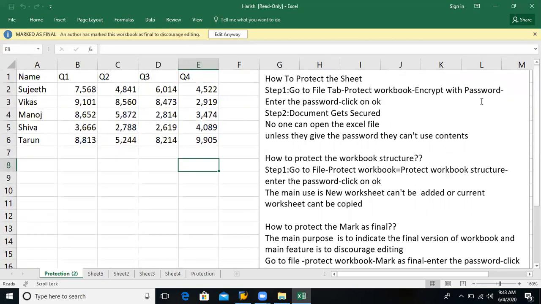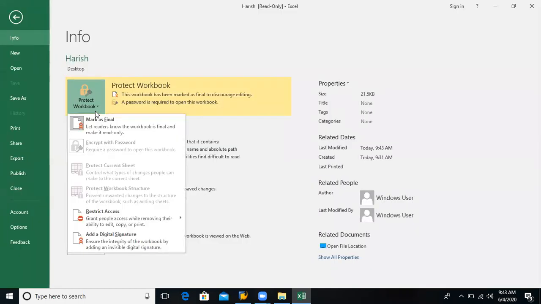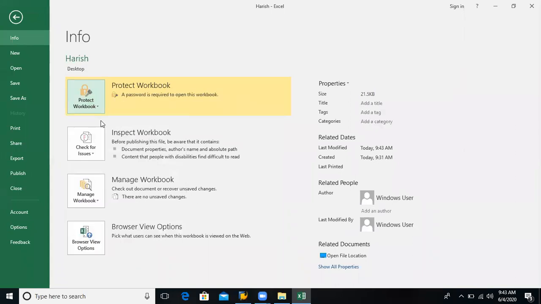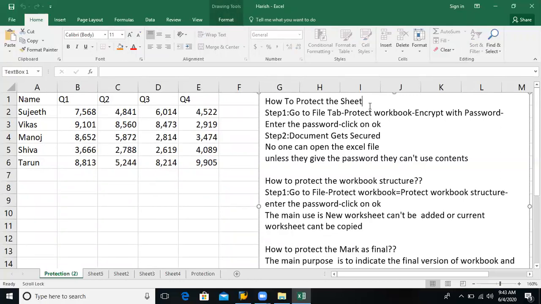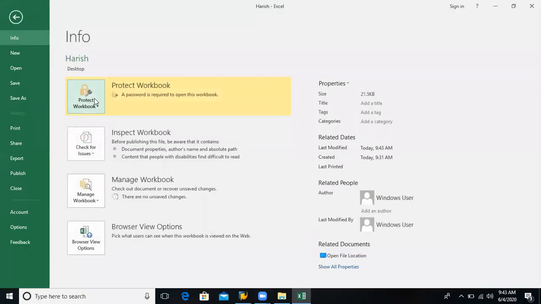Once again, I'll explain. Protect workbook, mark as final. Once again, protect the workbook is nothing but whatever contents you prepared in the existing workbook are going to be protected. That means file, protect workbook, encrypt with password.